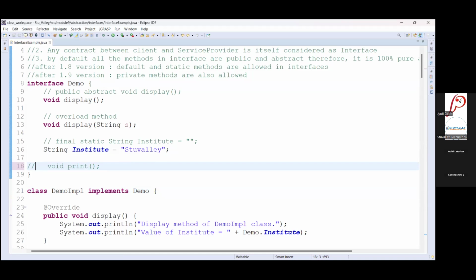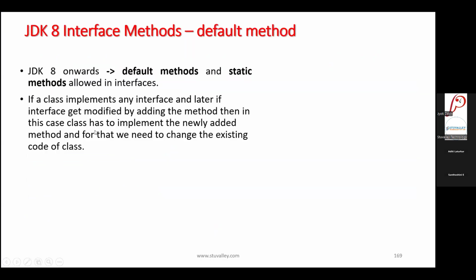Whenever you add any new method or functionality into an interface, we need to provide implementation in each and every class for the newly added method, and we need to change the existing classes. To solve this problem, JDK 8 introduced the default method in interface, which is a concrete method, right?